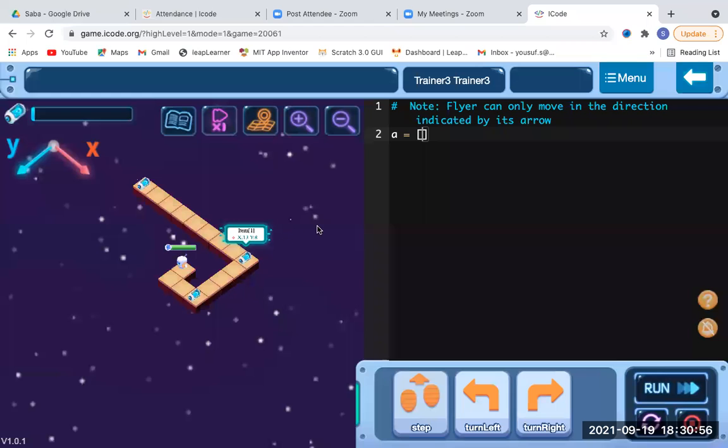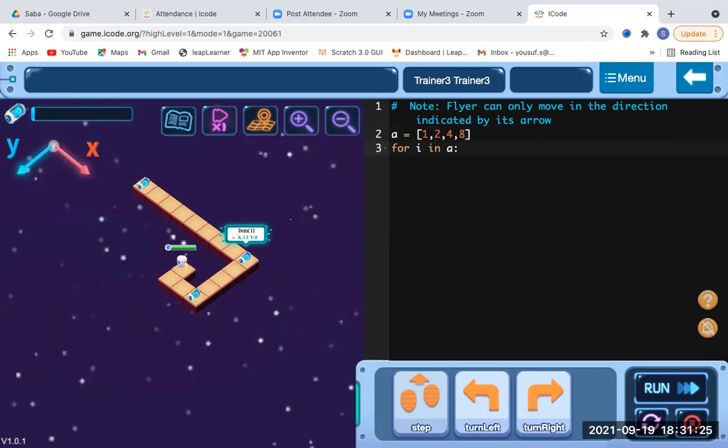So 1 comma 2 comma 4 comma 8 itself. Done. Now the same process, for i in a. Now we are putting a as a variable, that's why we have to specify a. If you have different variables like b, c, d, you have to keep it like that itself.